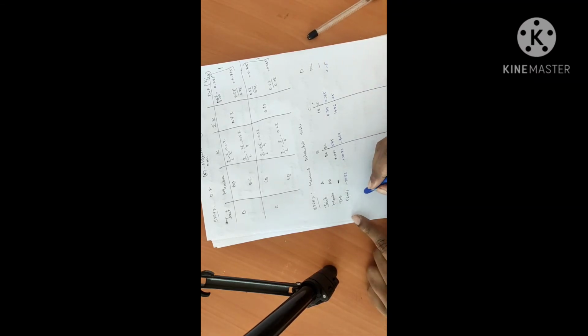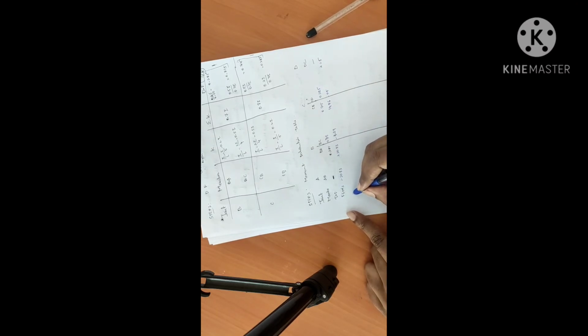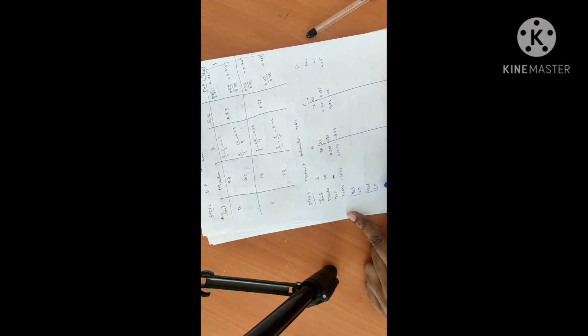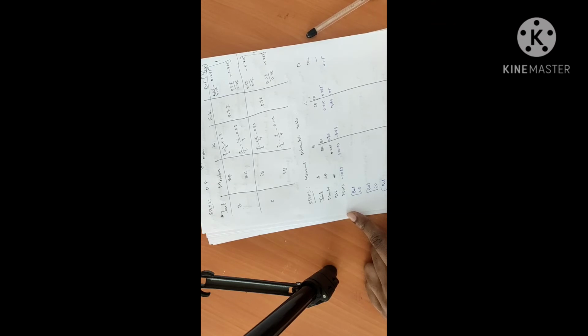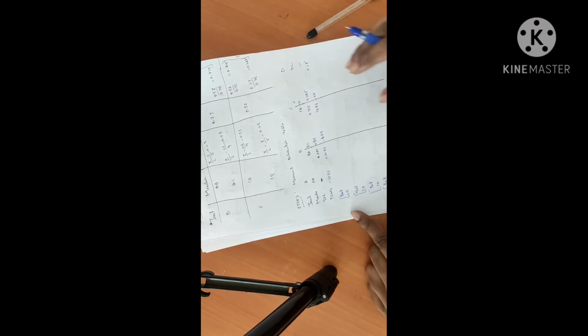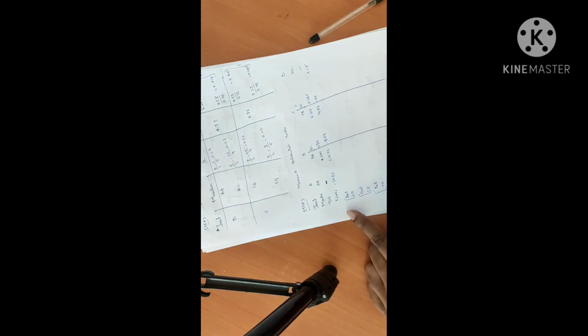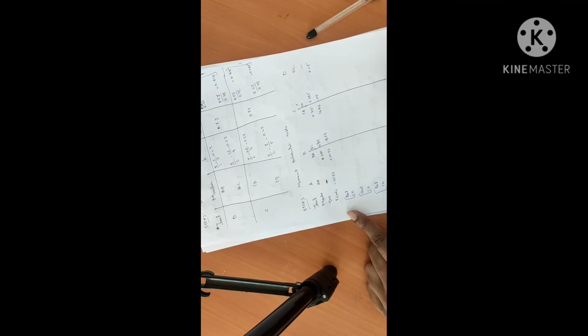After writing all these 4 steps, you have some recurring steps of balancing and carryover. I'll tell you what balancing and carryover are. You should do balancing and carryover 4 times. Two times it is over: this is the first cycle, this is the second cycle, this will be the third cycle, and this will be the fourth cycle. So you should do it 4 times, and finally you should balance. That completes your table, and you will get the final moments of the members required for the problem.